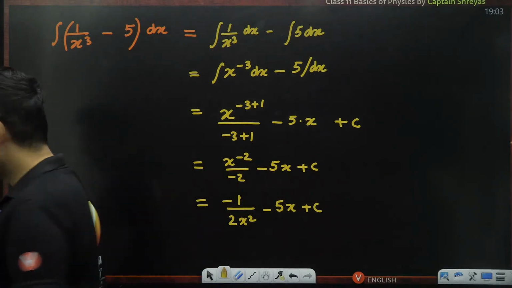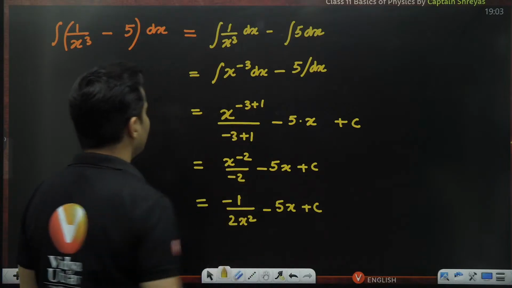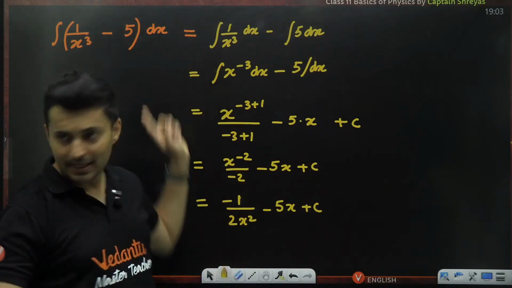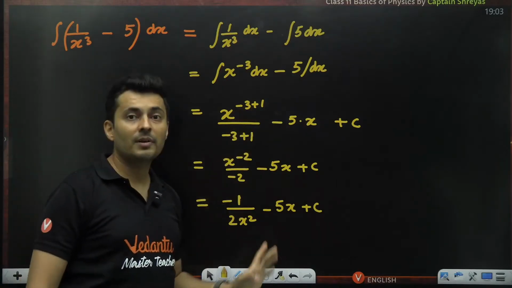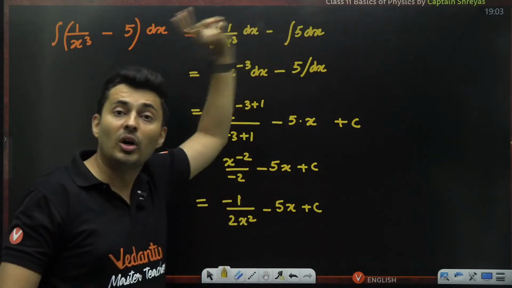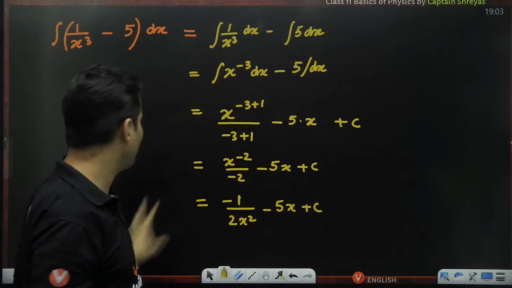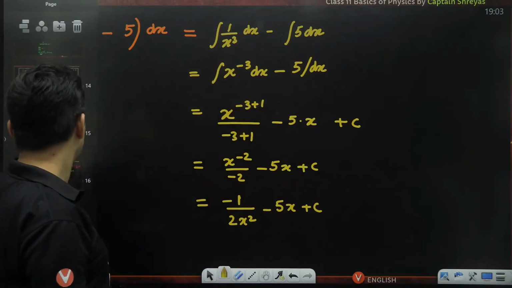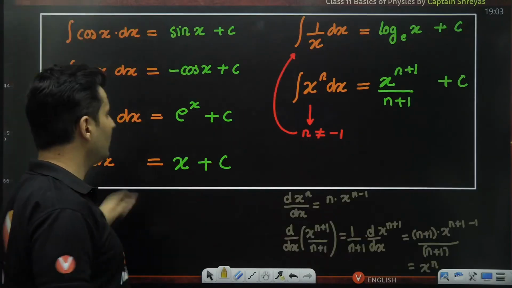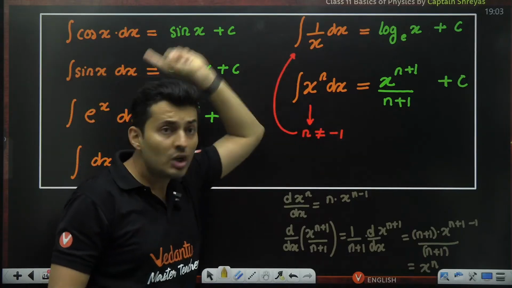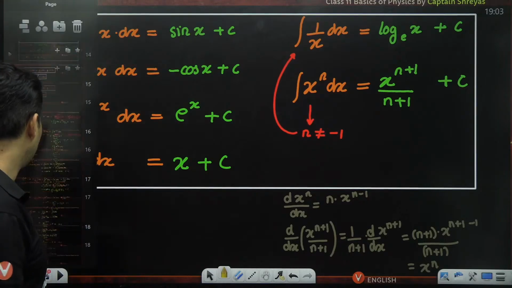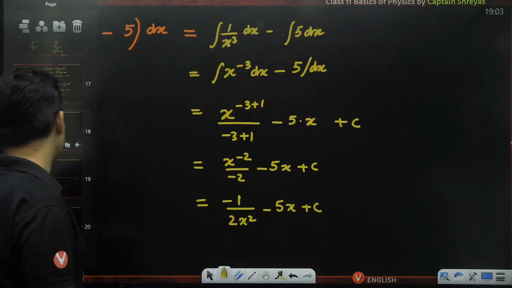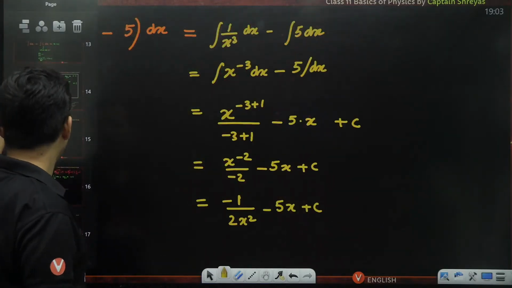Okay, right. So it will become x raised to minus 3, correct? Somebody asked that, black hole, yes, correct. And that minus 3 plus 1. Only when n is not negative 1, you can use the x raised to n formula. That is the main thing which you should realize. When n is negative 1, use the logarithm formula. Use the logarithm formula.